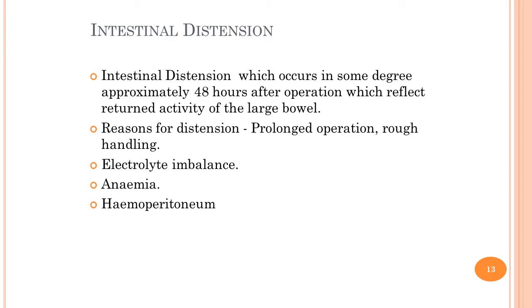During the post-operative period, the intestinal motility is observed by auscultation. Some amount of distension is commonly noted during the first or second day of the post-operative period. It is suggestive of the onset of bowel movements. The persistence of the distension may be due to electrolyte imbalance. It may also be a result of anemia. It may also be seen in cases of hemoperitoneum, or where the bowel loop is handled vigorously, or where the surgery takes a prolonged time.